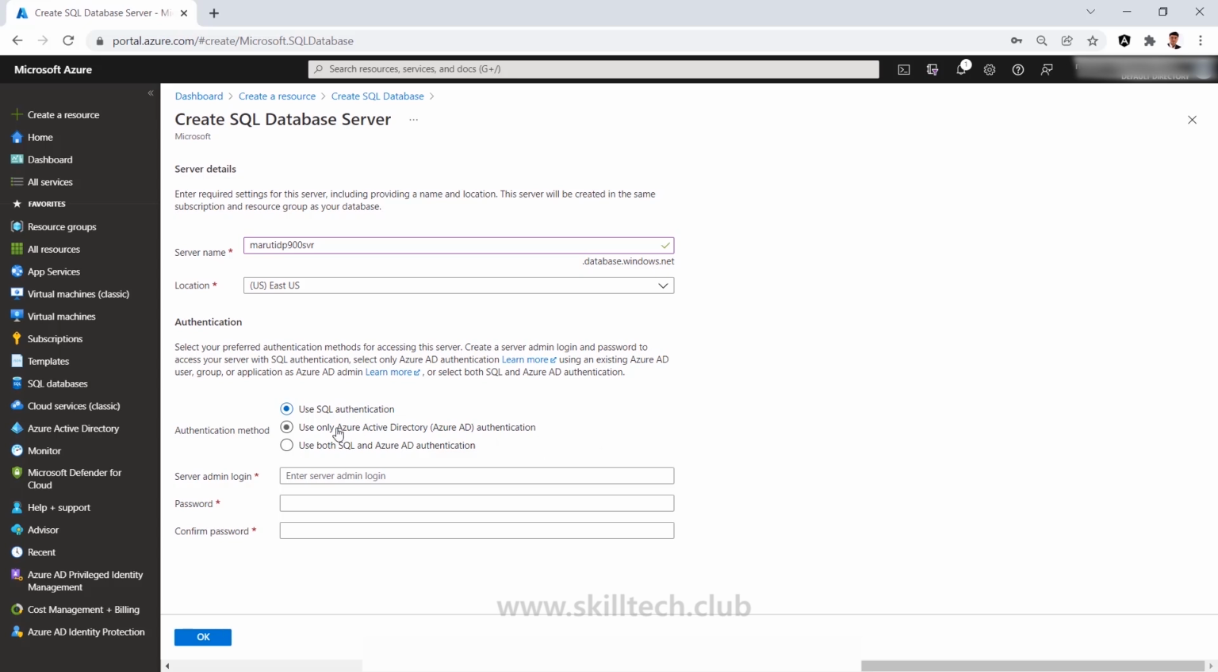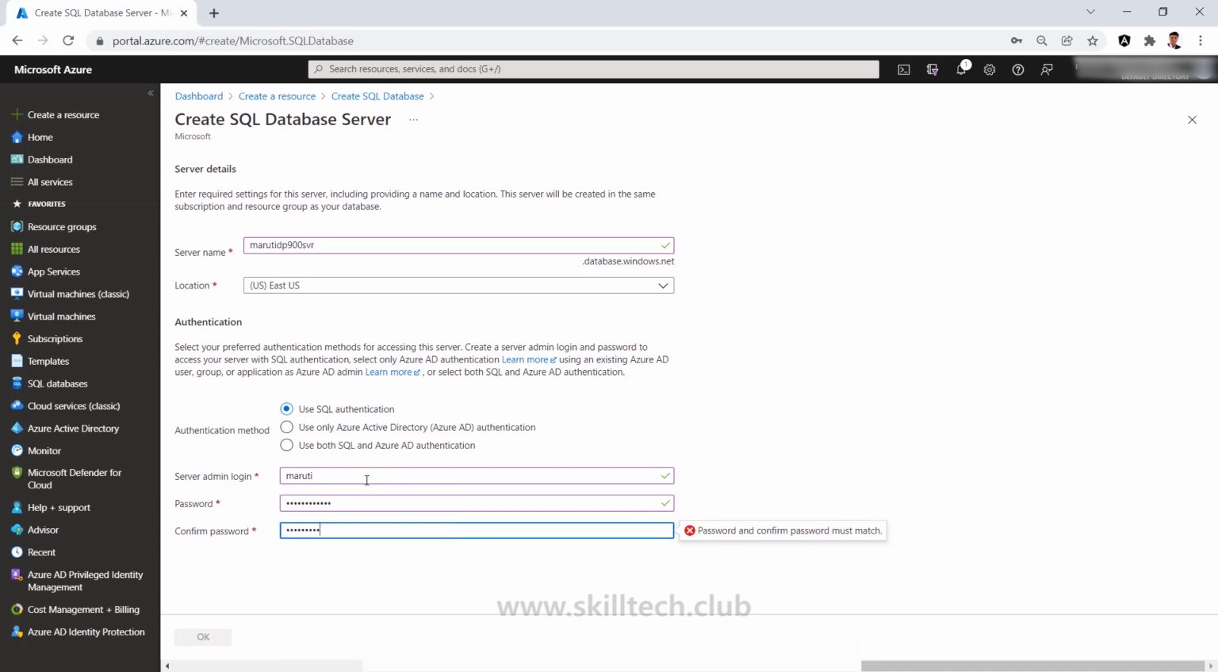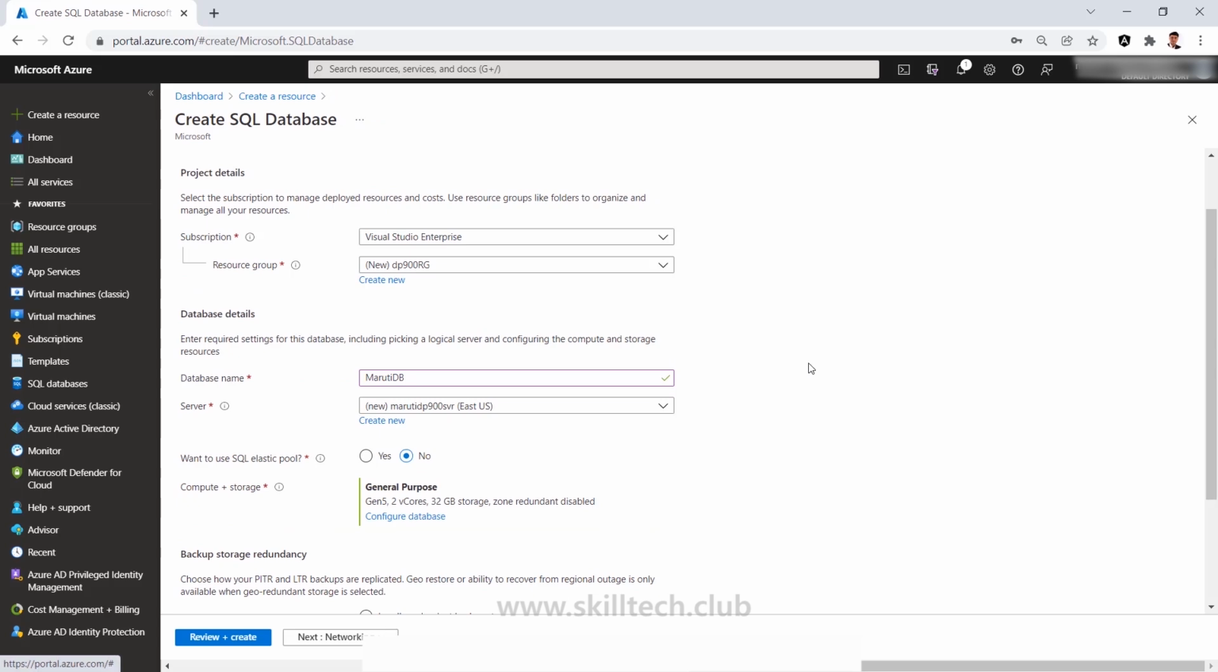As of now, I'm going with the first option, which is use SQL authentication only. So let me just take that. In the server details, I'm going to provide some username and password, which I can use later on when I want to connect to this SQL Server, and then I can execute my queries after that. Providing some username and password, going to click on OK,